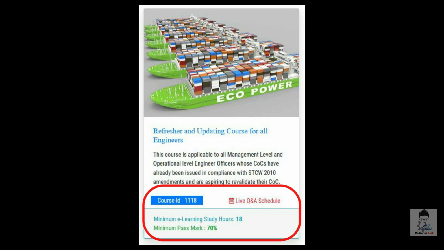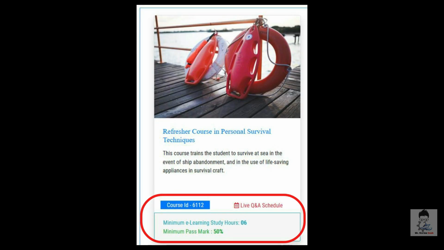and hence the same rule I referred to before applies over here also, that in this particular e-learning assessment you are supposed to have 70% passing marks. Another example where the minimum pass marks is given only as 50% is your refresher course in personal survival techniques.